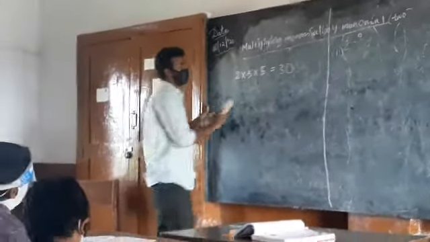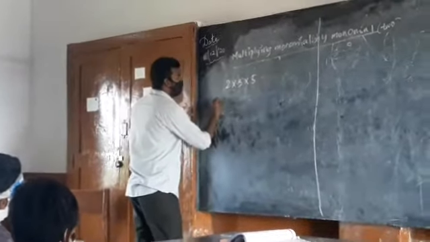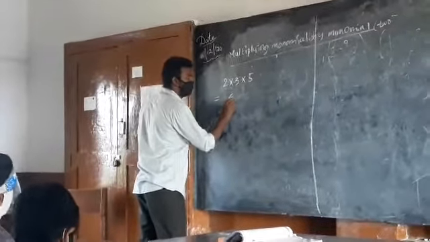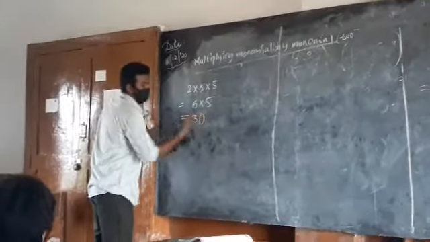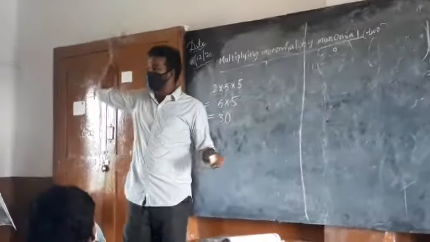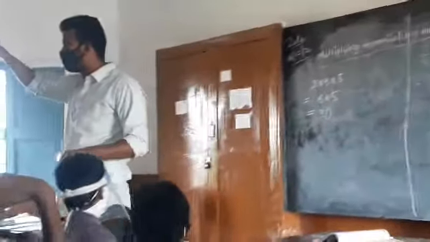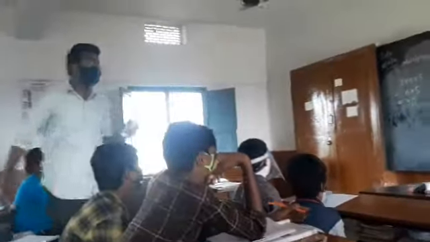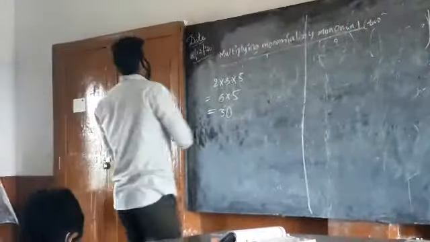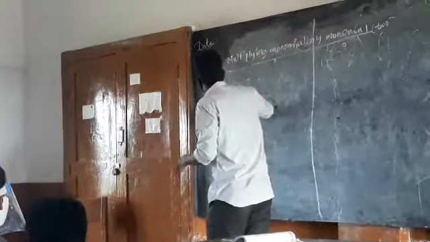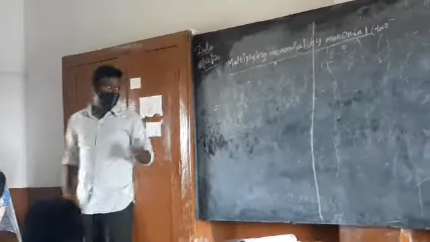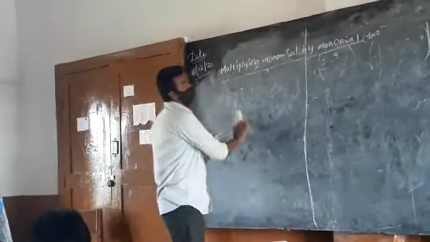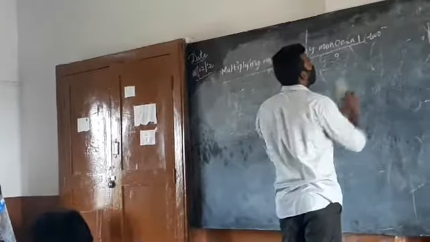Or you can make steps also. Like, first you will be multiplying 2 into 3 and thereby you can multiply 5. Doing multiplication at once is also acceptable, it is right. Even doing multiplication by step is also acceptable, that is right. According to your comfort, according to your speed of math, you can do that. Yes, multiplying monomial by monomial.